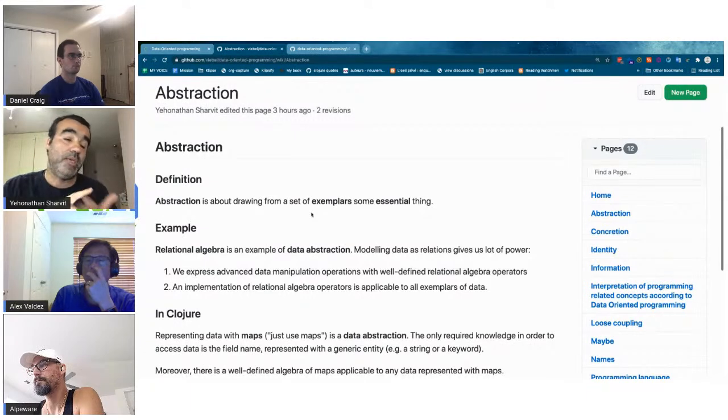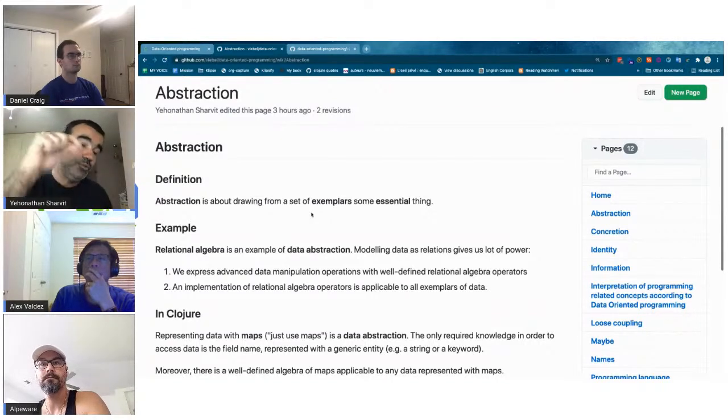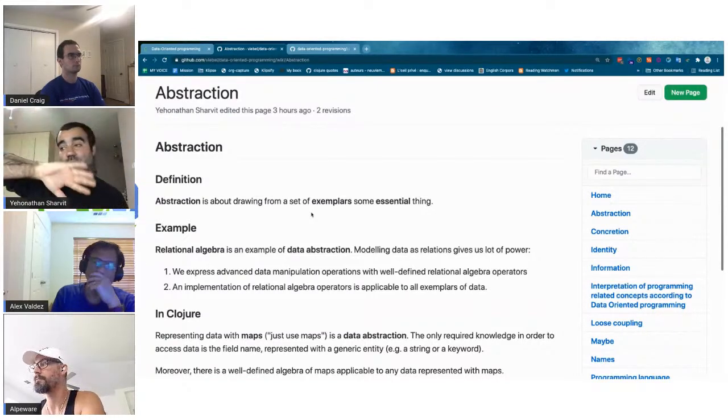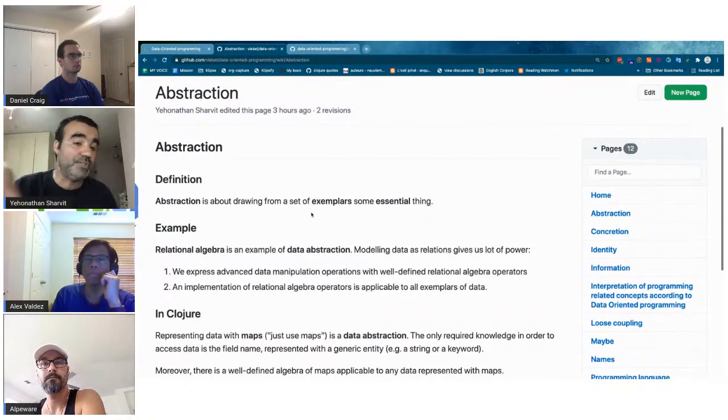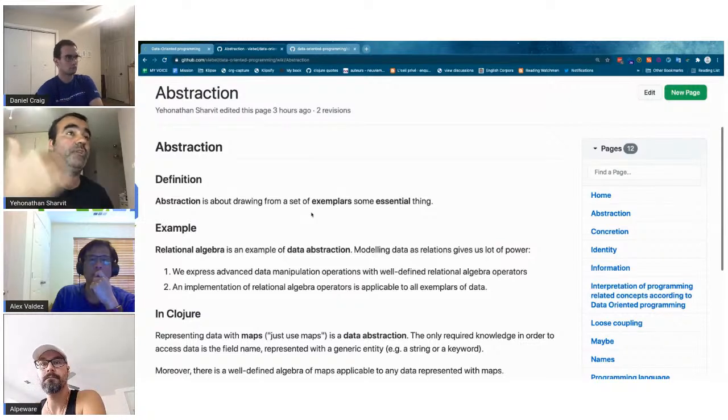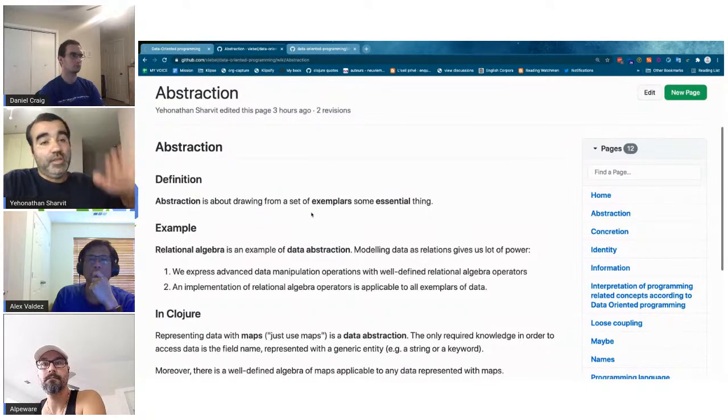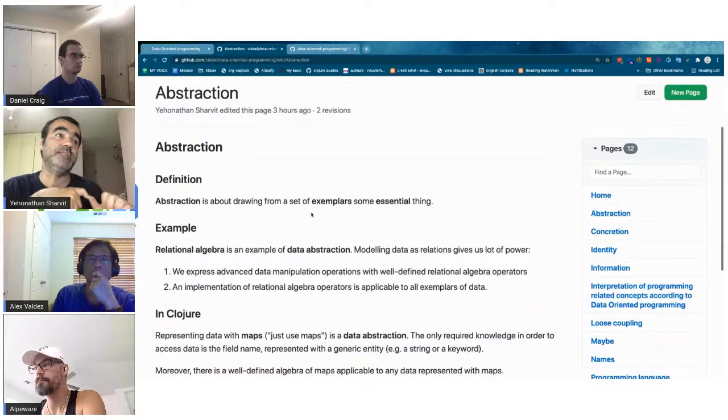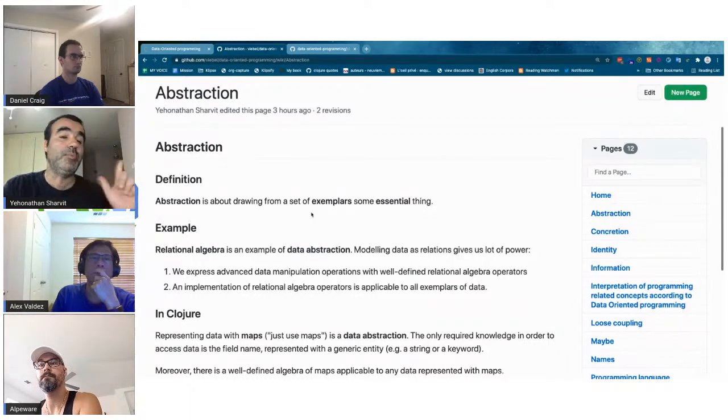And number two, once someone writes an SQL engine, you can use it in every scenario, in every situation, with every kind of entity. And that's the beauty of abstraction. So relational algebra is a useful abstraction. It is a data abstraction, and it is useful twice. Once, because it allows you to express the query in a clear way. And secondly, in terms of implementation, you need to implement only once.